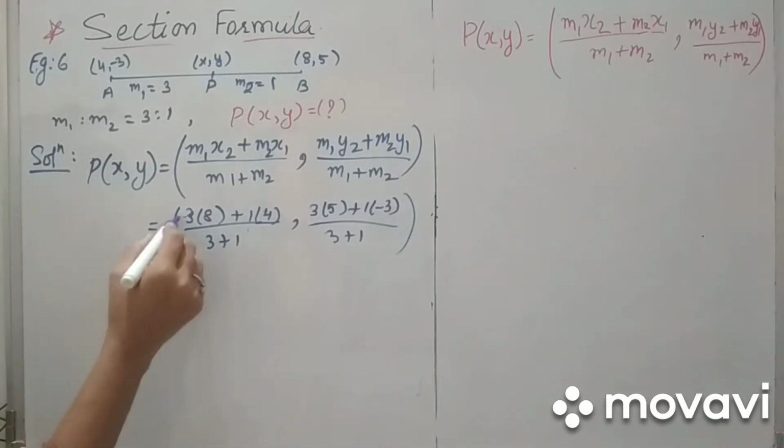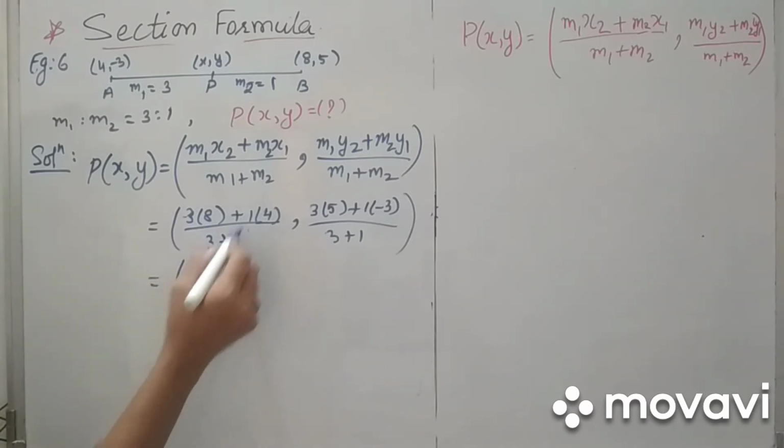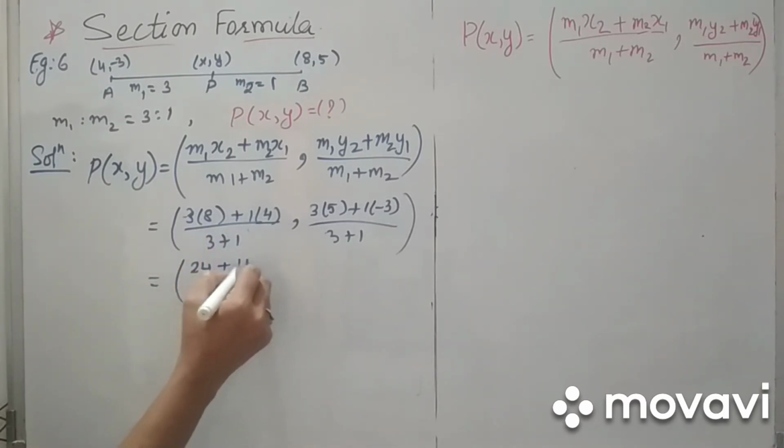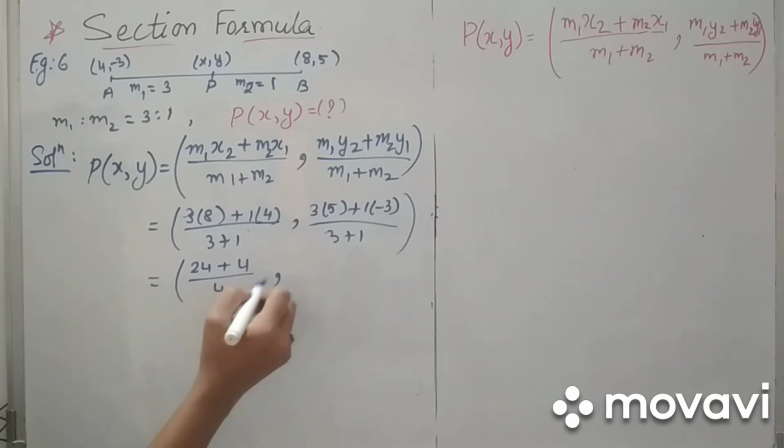Now 8 3s are 24 plus 4 1s are 4 upon 4, comma